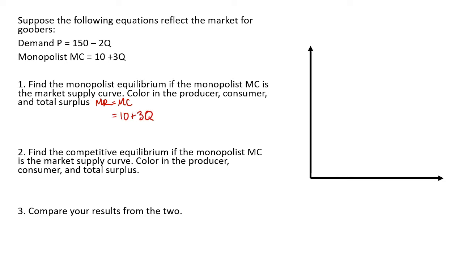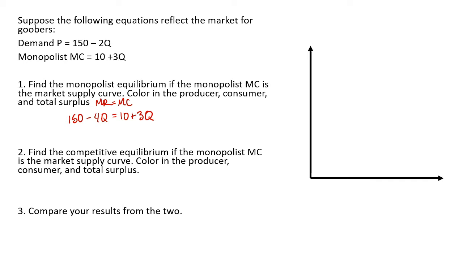We don't have marginal revenue, but we do have demand. So in the notes, you learned that the demand and marginal revenue are related in that they have the same intercept, so in this case 150. The only difference is that the number in front of Q needs to be twice as much. So that -2 becomes -4. And now we're ready to solve for our